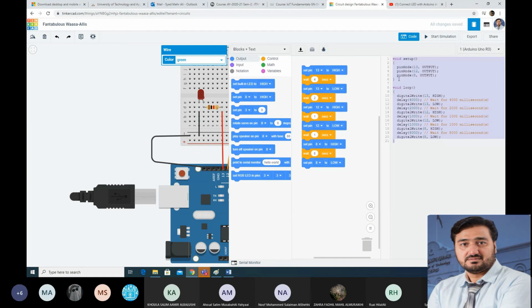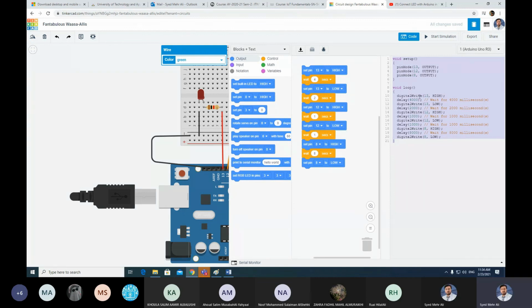So this is the same code. You can see this is the program. So pin number 13, 12 and 8. These are the 3 pin numbers, as I told you. Pin number 13 is output, 12 is output, and pin number 8, these are the output pins. Then digital write, this is the loop, and here digital write 13 high, wait for 4 seconds, and digital write 13, make it low, low means off. So first pin number 13 on, and then pin number 13 off. This is a simple, self-explanatory code. The loop is executing forever, you can see.